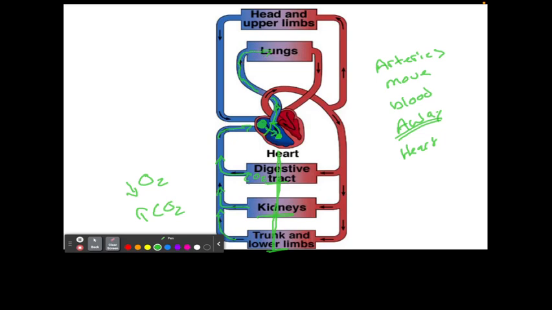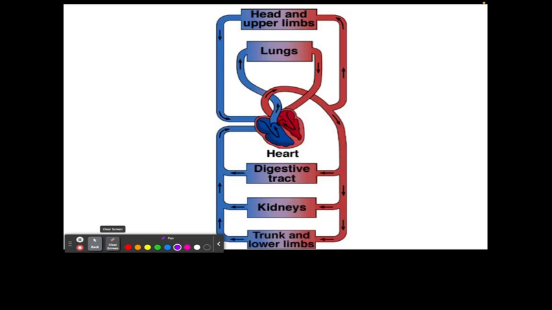In the lungs, things switch up. Now we're going to have high oxygen levels and low CO2 levels because we just switched them off. And now we can continue. The lungs are now going to go back to the heart. Let me use a different color here. They're going to go back to the heart and enter